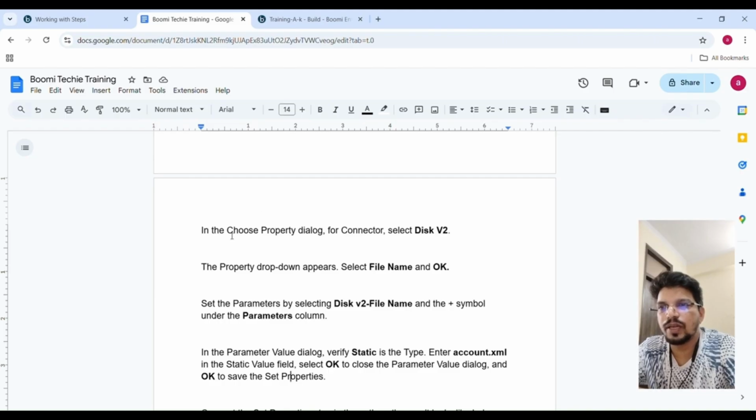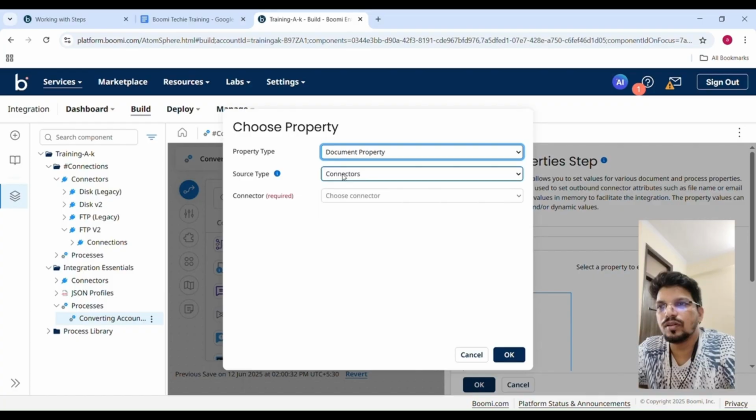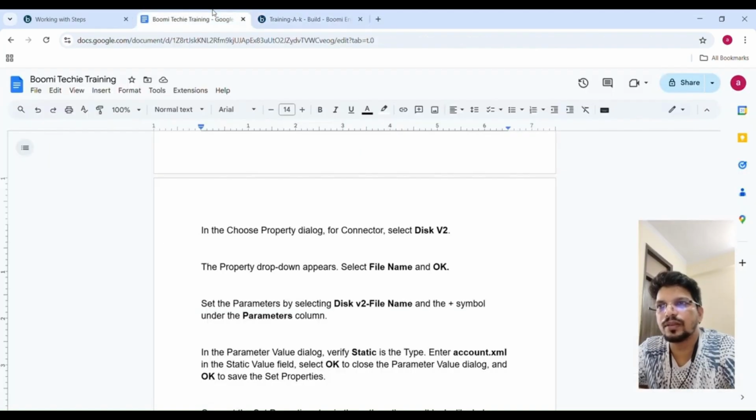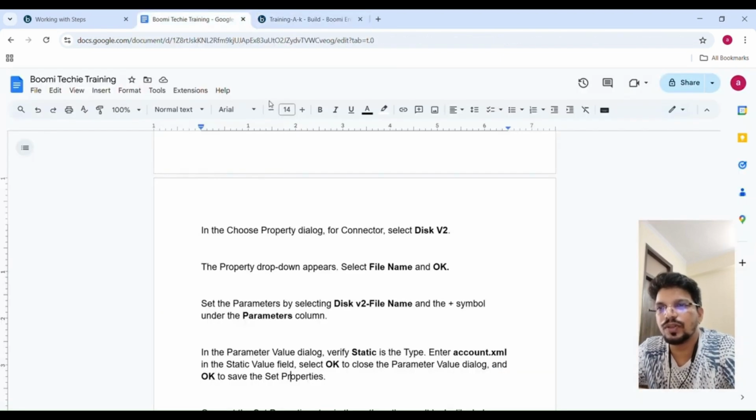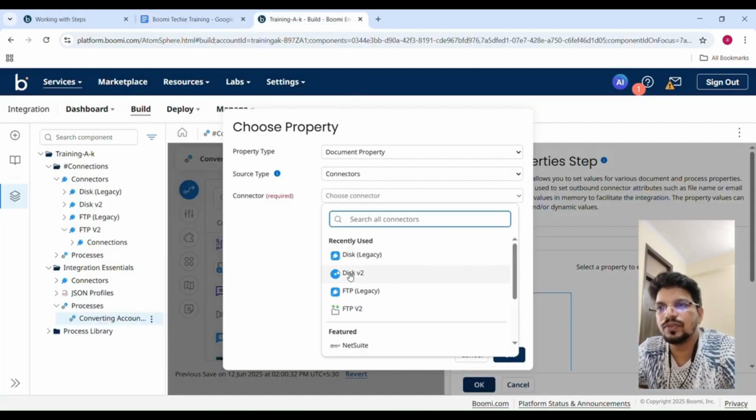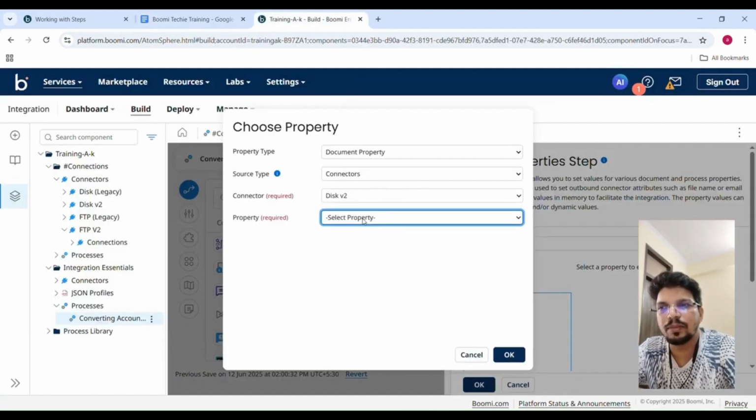सो इसमें हमें क्या सेट करना, चूज़ प्रॉपर्टी ऑप्शन लाइक कनेक्टर टाइप। तो कनेक्टर टाइप है ये, एंड डॉक्यूमेंट प्रॉपर्टी है, कनेक्टर टाइप है। कनेक्टर में कौन सा कनेक्टर है, Disk V2 कनेक्टर। Disk V2 कनेक्टर में प्रॉपर्टी का नाम क्या होगा, फाइल नेम है, ठीक है, फाइल नेम है।